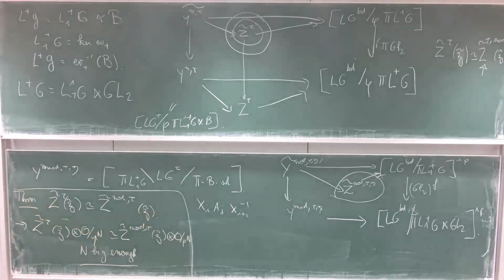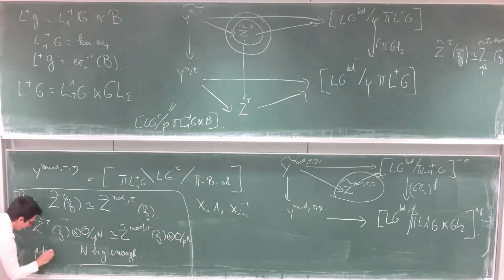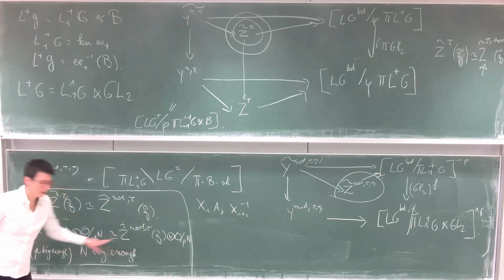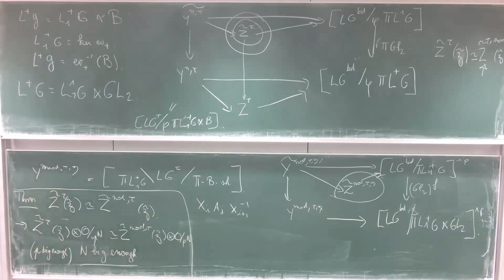And that's here that I need the hypothesis, a place where I need the hypothesis that p is big enough. Okay, so you first prove that the two are isomorphic when you take this modulo a big power of p, and the second step